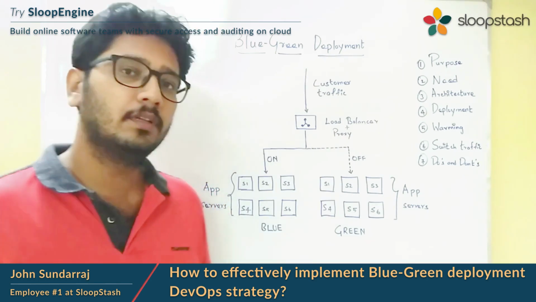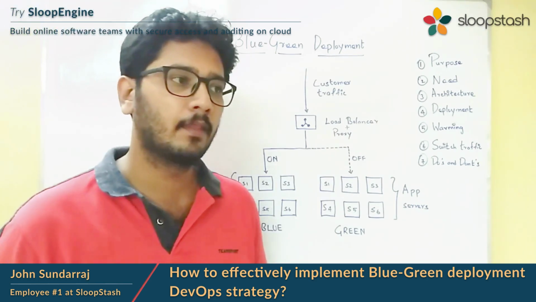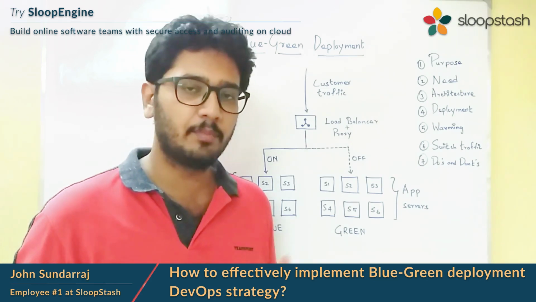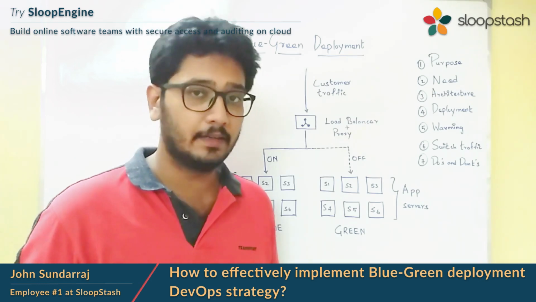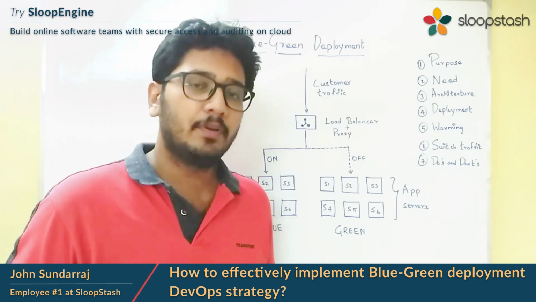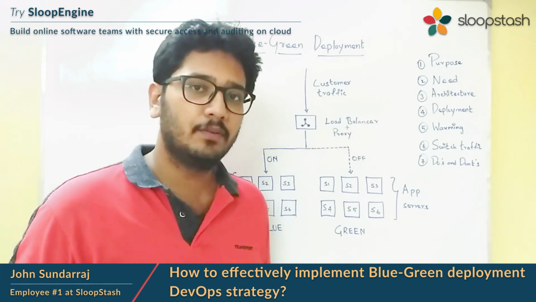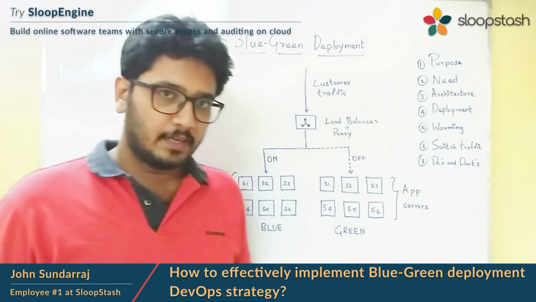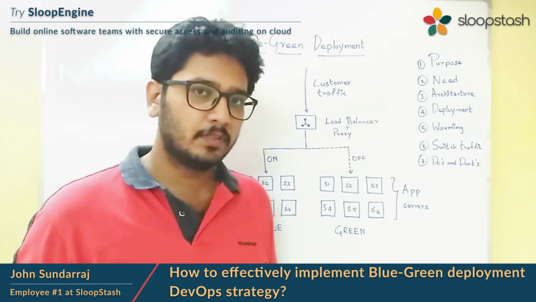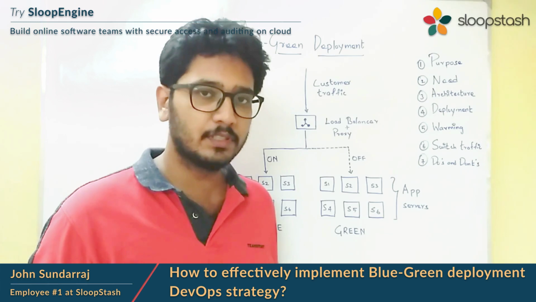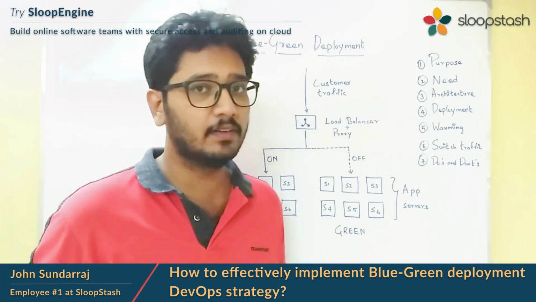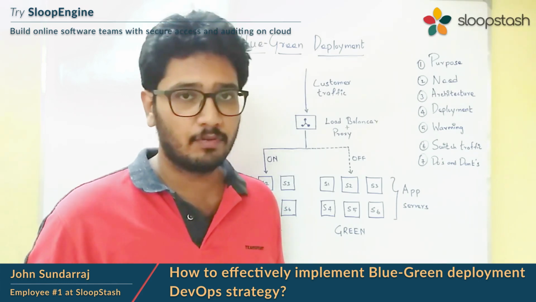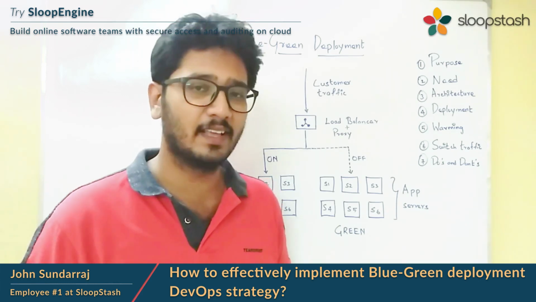Now let's discuss the purpose of blue-green deployment. When we are trying to do in-place deployments, we'll be deploying the application source code on the servers directly. And then we'll do an application service restart, and then some web server and proxy restarts and all. During these restarts and code release, our customers who are accessing our service will definitely see a glitch. In fact, they will get some errors, they may see some timeouts, gateway errors, 400 errors, 500 errors, like that.